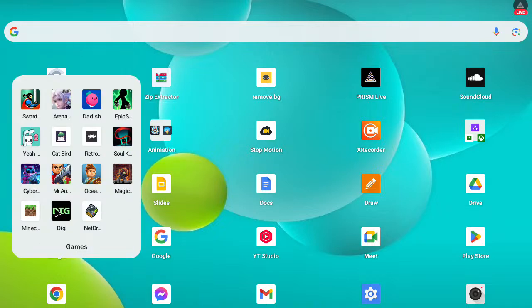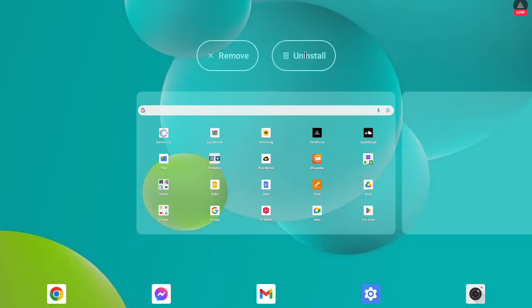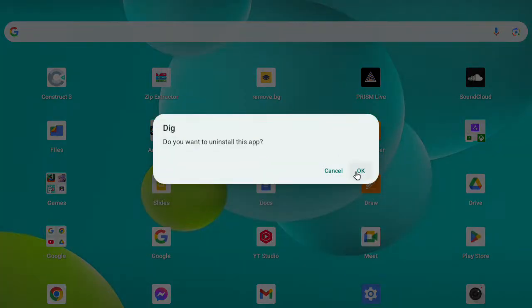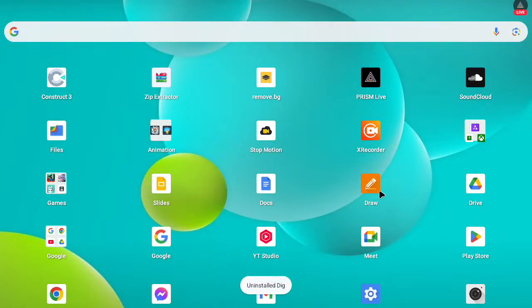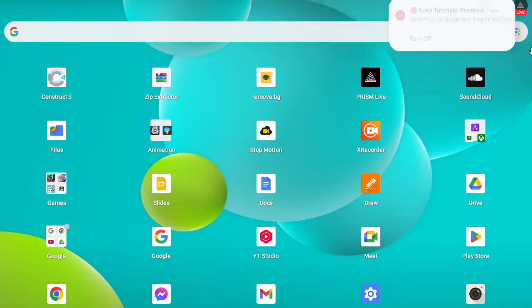I actually want to get rid of some. I got a drawing app, a screen recorder app, and some editing.